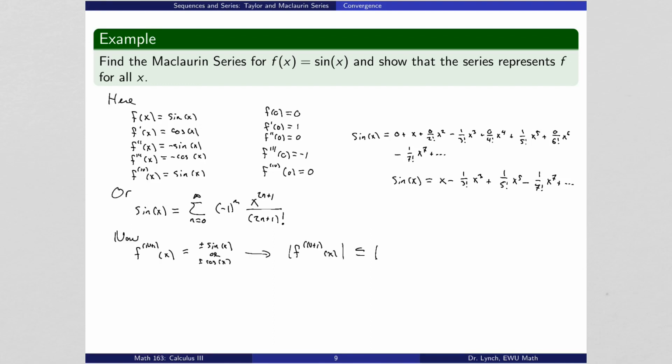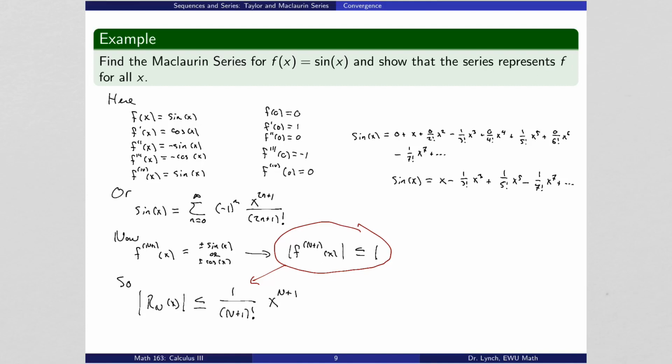To see that the series converges for all values of x, we'll go ahead and have a look at the n plus first derivative and use Taylor's inequality. The n plus first derivative, of course, is either sine x or cosine of x. So in absolute value, that n plus first derivative is always less than or equal to 1. And it's this inequality that we need, really, for Taylor's inequality. Taylor's inequality gives that the nth remainder term is less than or equal to that value of M